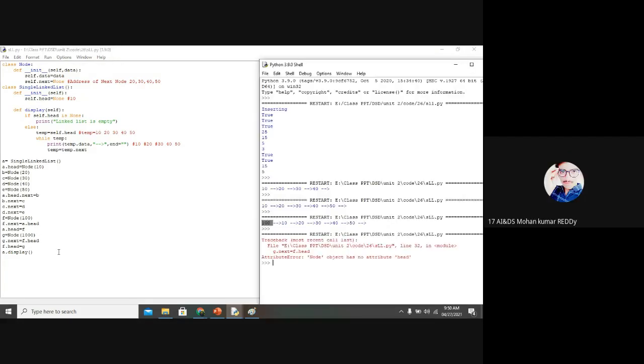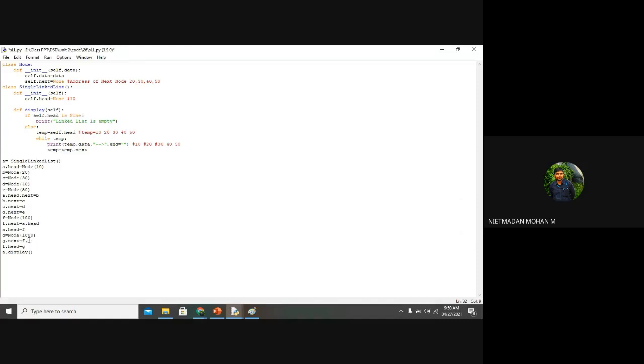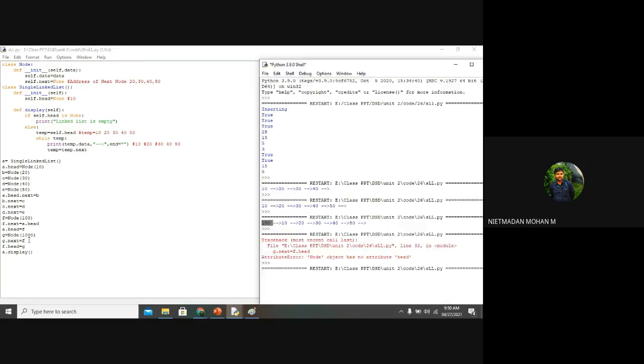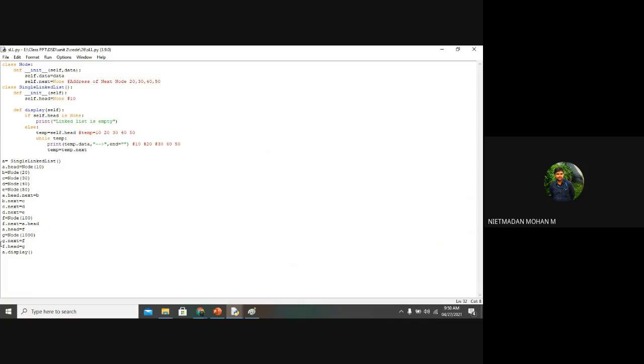Yes, sir. No, the F dot head will not be considered by F. So here G is equal to node of 100, G dot next is equal to A dot head.